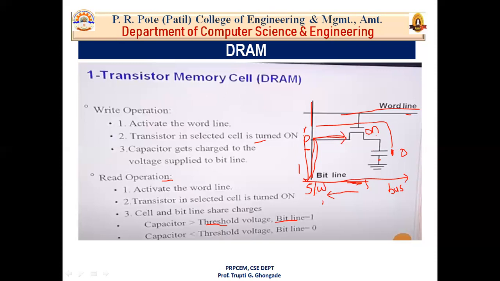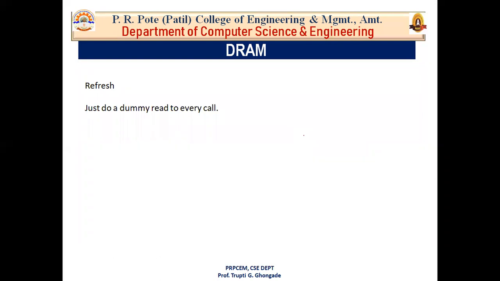Now, how do we do this refreshing? Here it says contents must be periodically refreshed. This refresh operation is done if we do a dummy read of every cell, and that has to be done periodically, that means continuously. When you read something, it goes and checks the value of this particular capacitor, and the value of the capacitor will be there in the bit line. So if it is 1 again, this capacitor is charged to its fullest value.